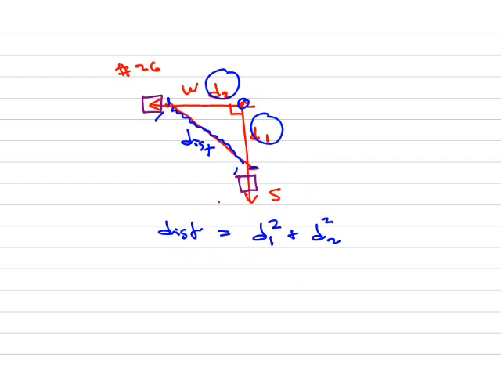So the distance between the cars at any point in time is d1 squared plus d2 squared. Actually, it's going to be the square of the distance. So this hypotenuse here, which is the long side of this triangle, where it says dist, that's the hypotenuse. That squared equals the sum of the other two sides squared. So it's dist squared equals d1 squared plus d2 squared. So if we want to solve for this,